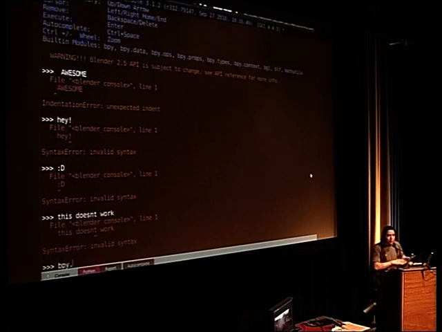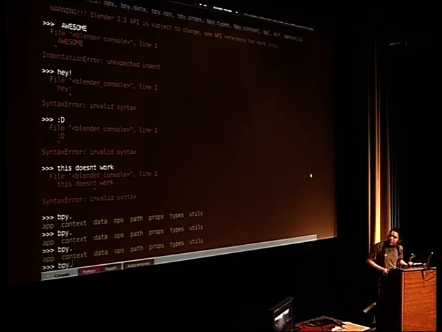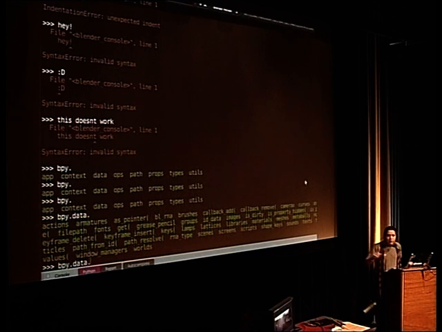Once you get there, you just press Control Space and you get suggestions. You can access a lot of little modules inside. One of the most awesome ones is data. Once you access the data, you press Control Space again until you get this greenish thing. And then you have materials, libraries, meshes, metaballs, everything in your blend file. Almost everything you can access via Python,